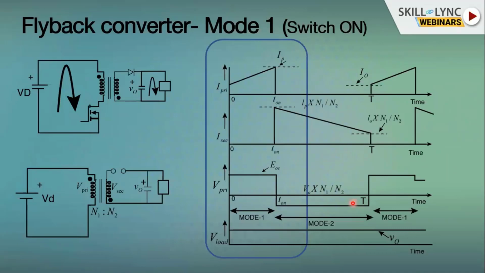Okay, so how it works when we are switching it on: if you see here, this inductor, let's assume the primary turns ratio is N1 and the secondary is N2. Depending upon how much you want to step down the voltage, you can choose the inductor and the turns ratio accordingly.